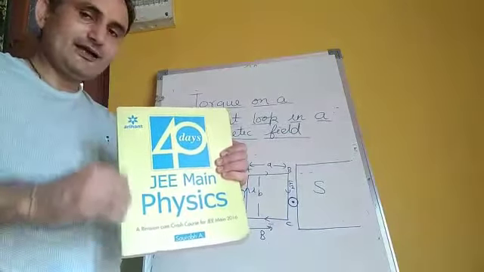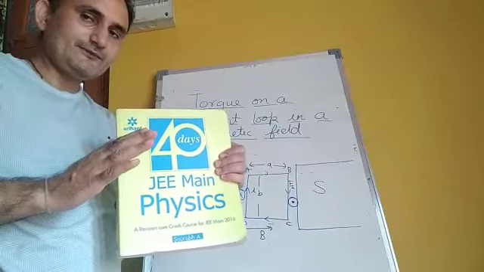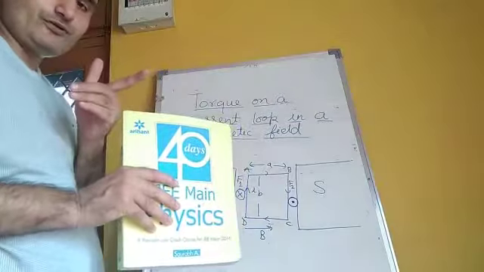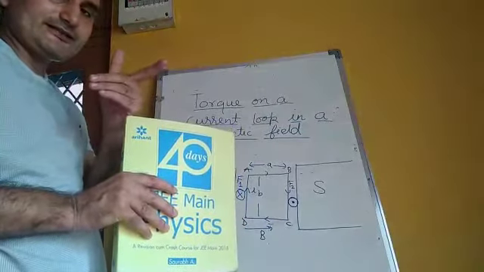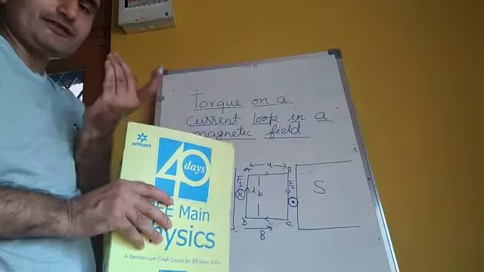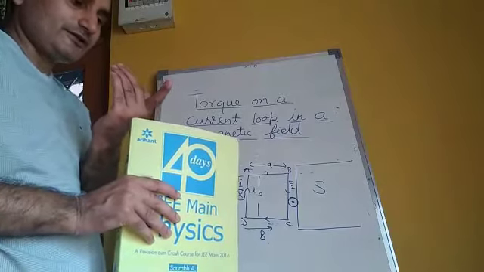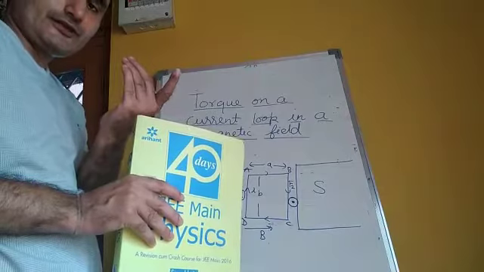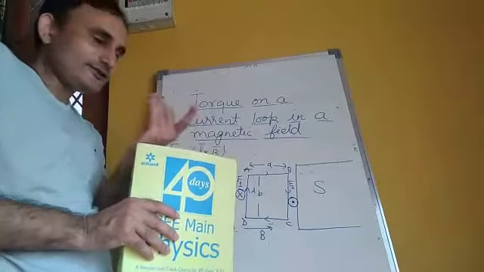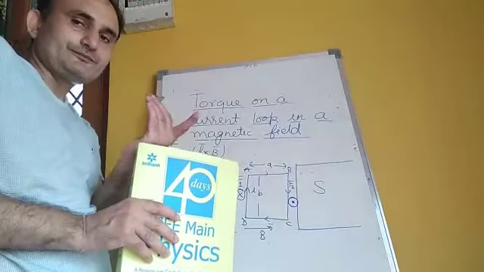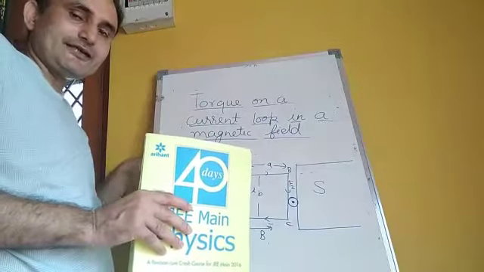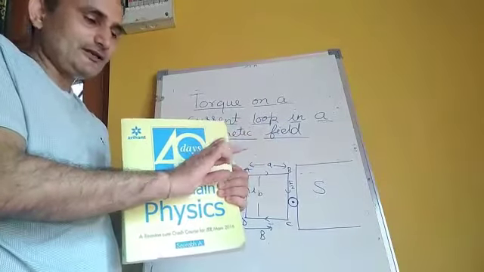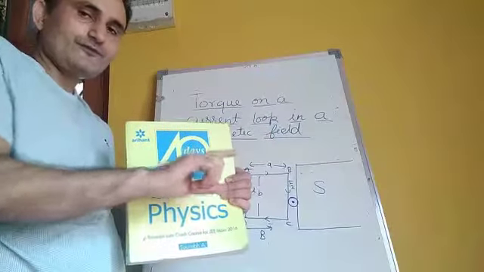Let us check this side. The current is upward, and the field is in this direction. So we will show it by the fingers pointing upwards. Hence the force will be in the direction of the thumb, that is towards the white board. So in the backward direction the force will act. Similarly on this side, the force will act in the forward direction.